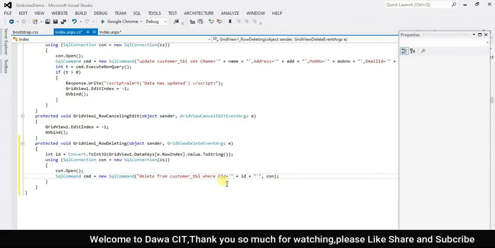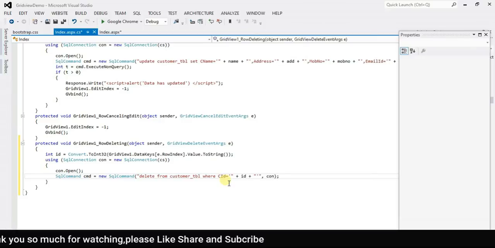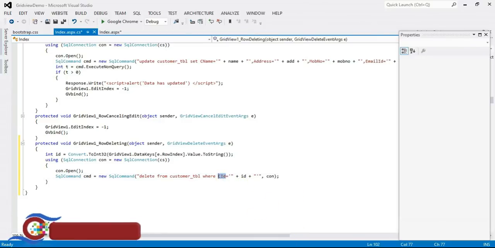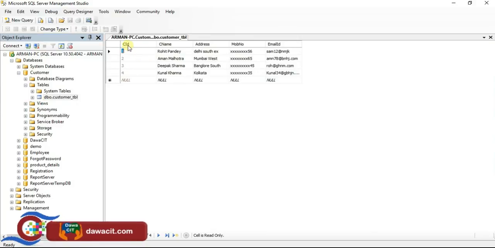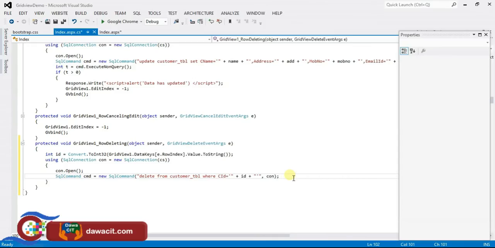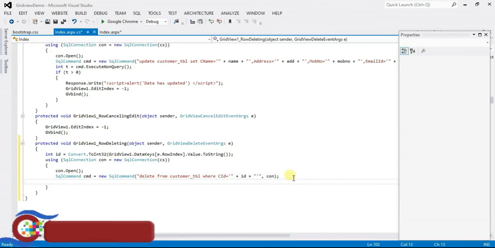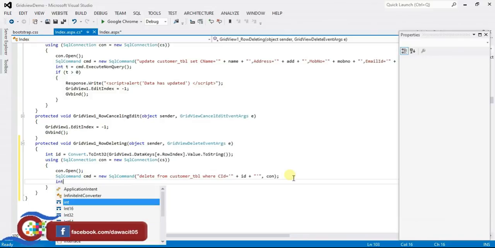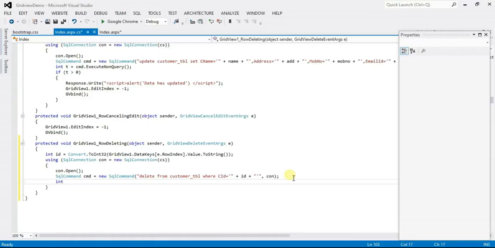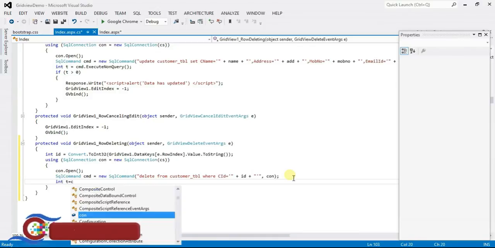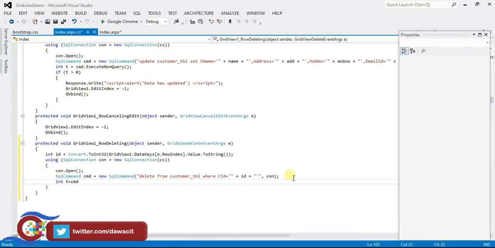Remember that through customer ID we will delete the record, okay. Enter int t equal to cmd dot execute non query